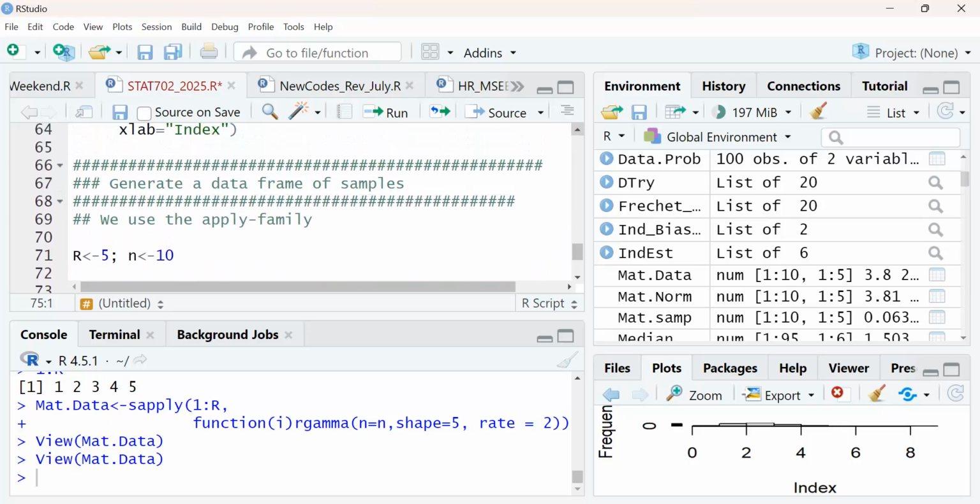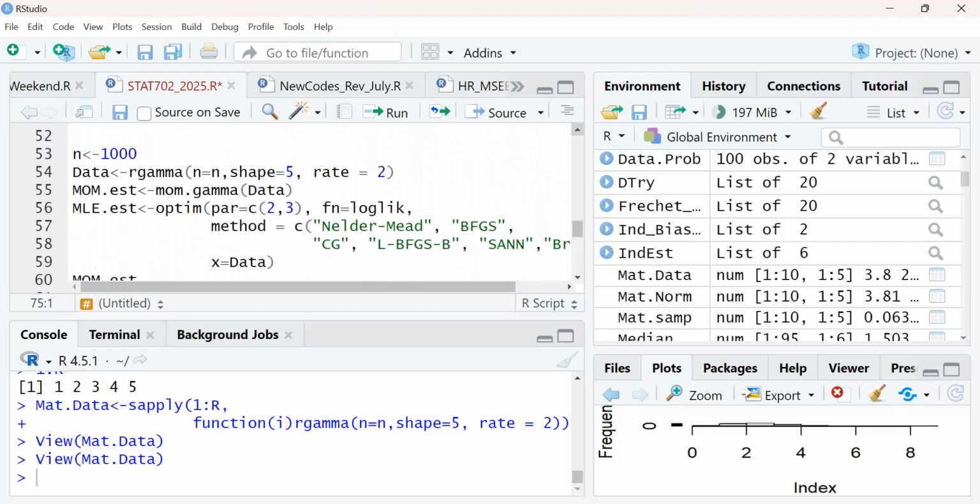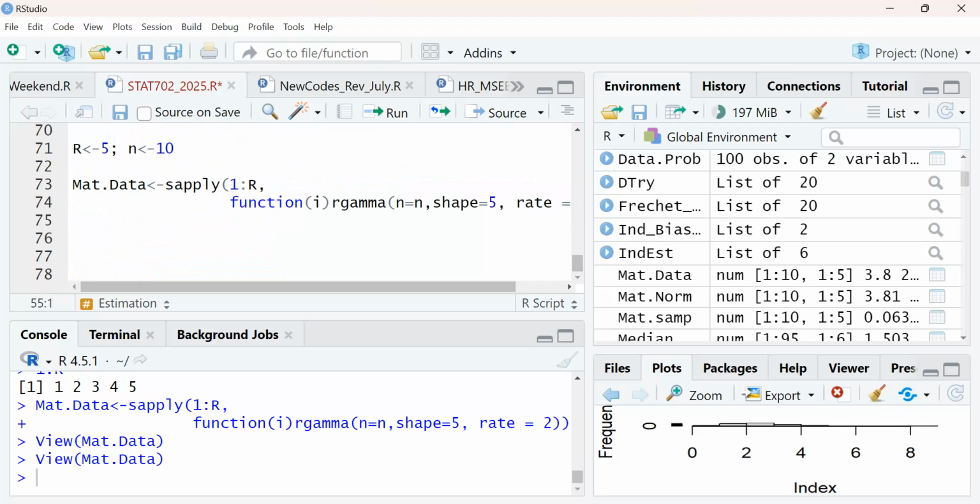But now I want to put all this into a functional form. So I call it estimators. It's a function. That function will take in what? X, which is the data, and then it will take in power.